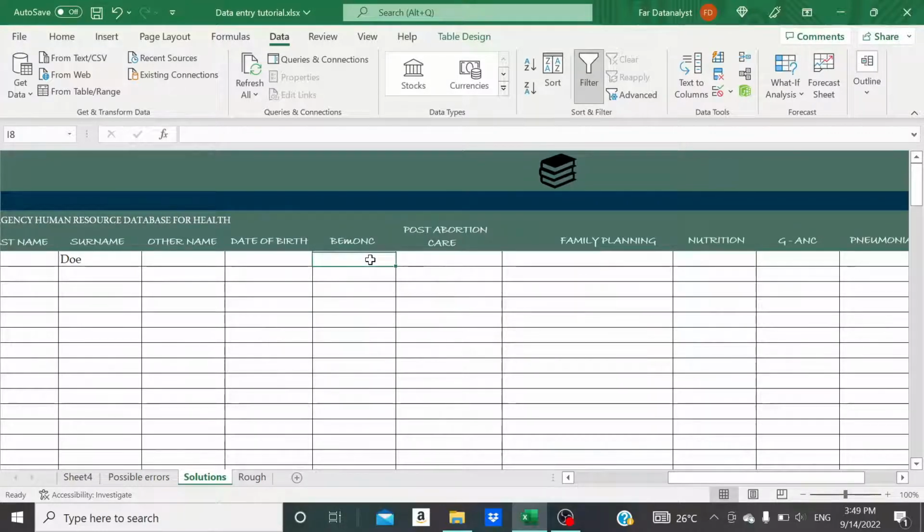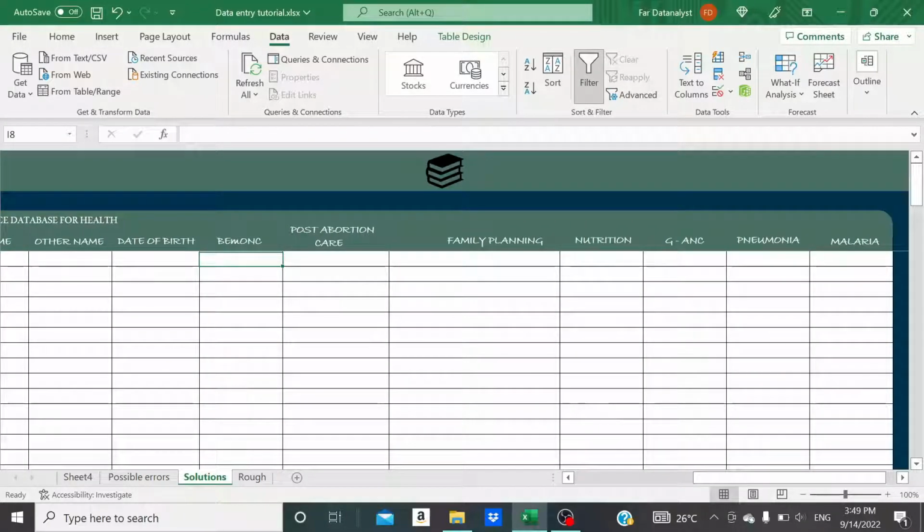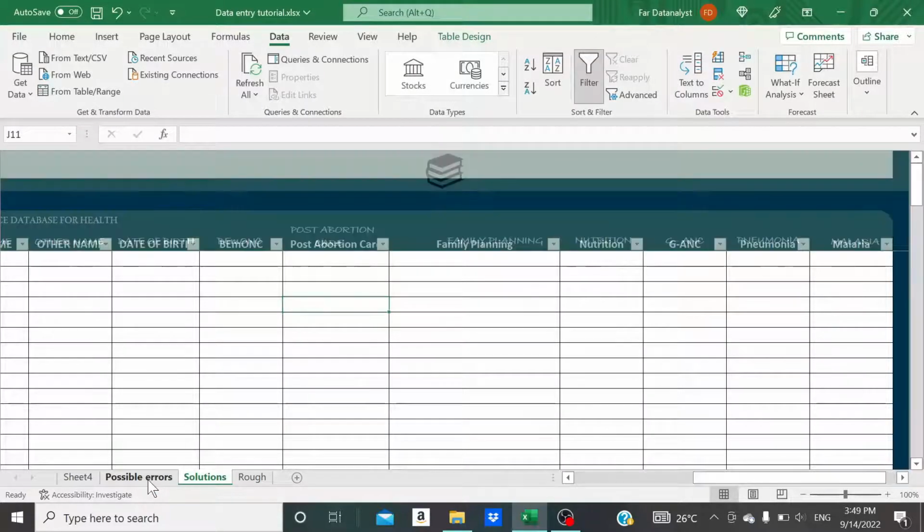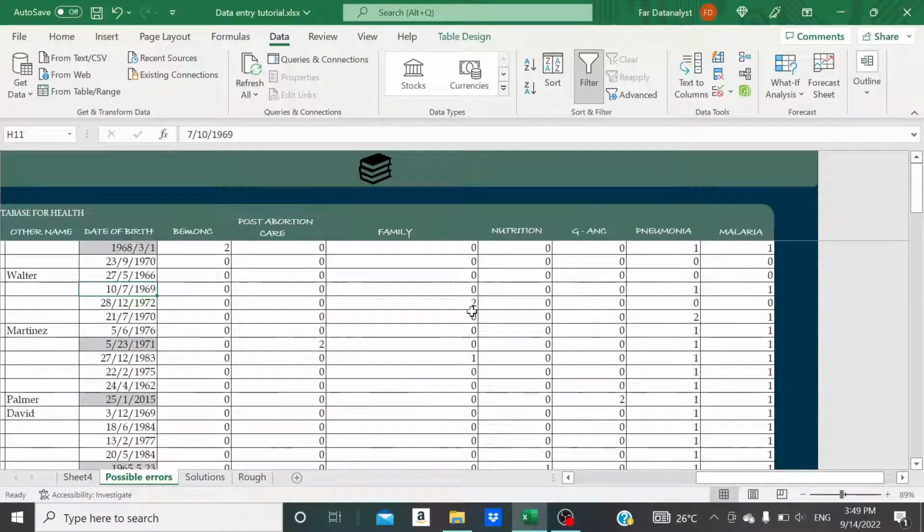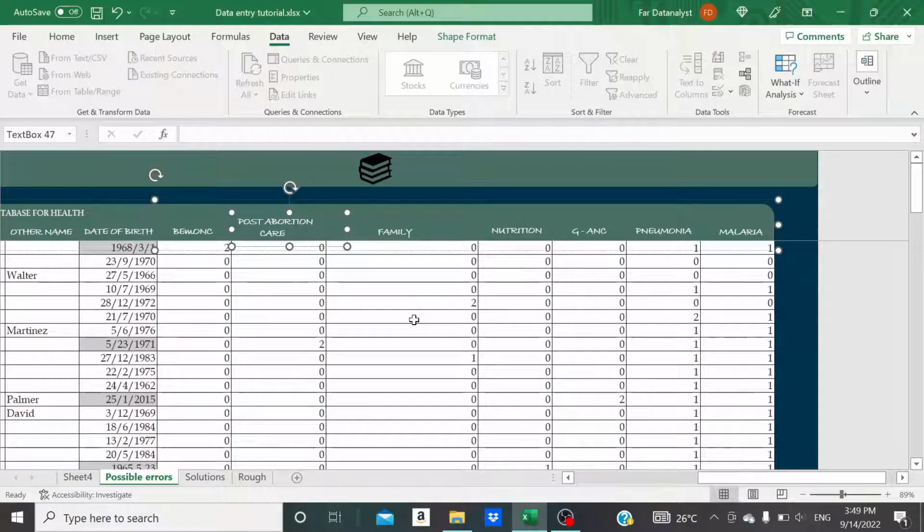So let us come here. These are now the skills that I expected this healthcare worker should have or don't have. This one says BMonk, this one says post-abortion care, this one says family planning, nutrition, blah, blah, blah. All right, then. But when I come to the possible errors, you can see